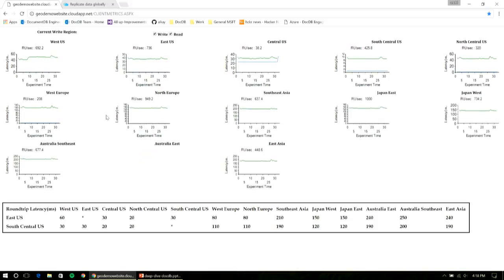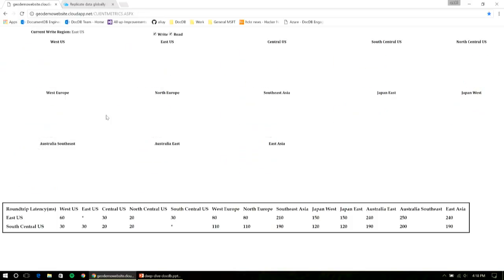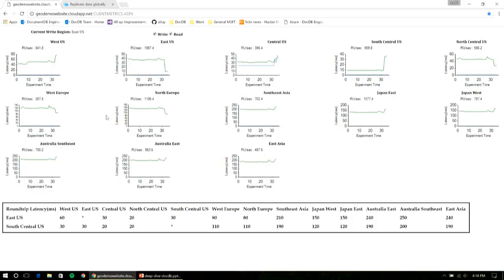And I think one of the key differentiators here for DocumentDB in terms of geo-replication, one is it's turnkey. It's very easy to set up compared to any other NoSQL database. Two, we also give you a lot of sanity around, when you deal with replication, what does consistency actually look like? So here you can see that my write region is now home to East US because I've